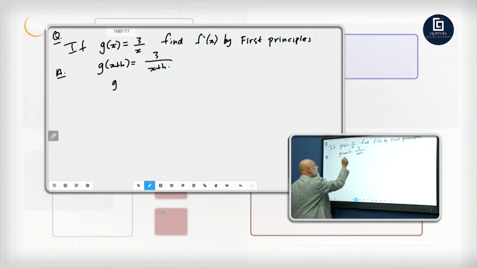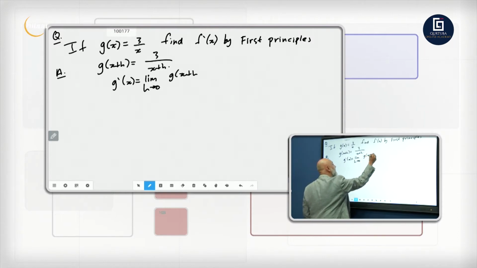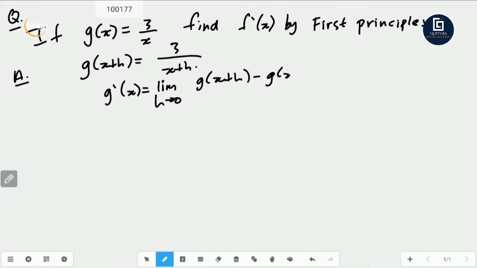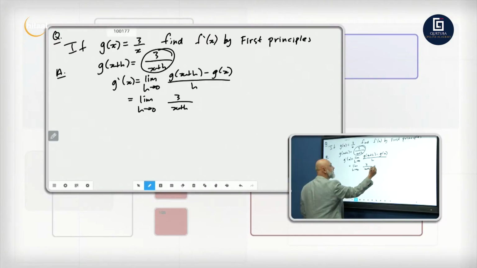So we're going to go g dash x is equal to the limit as h approaches 0 of g of x plus h minus g of x all over h. So your limit as h approaches 0, g of x plus h would be that. So it's 3 over x plus h minus 3 over x